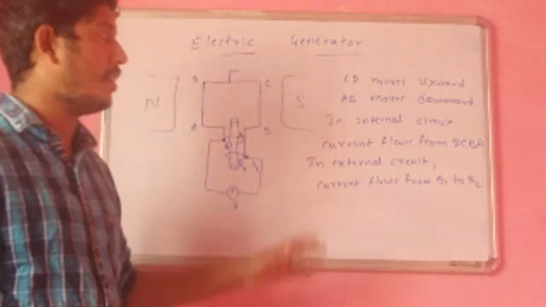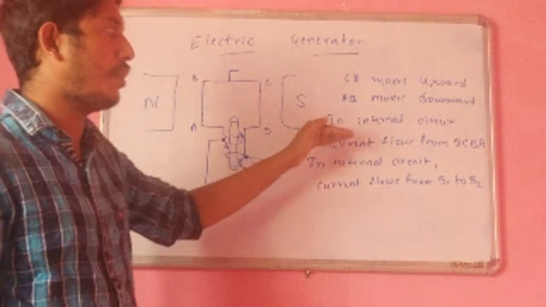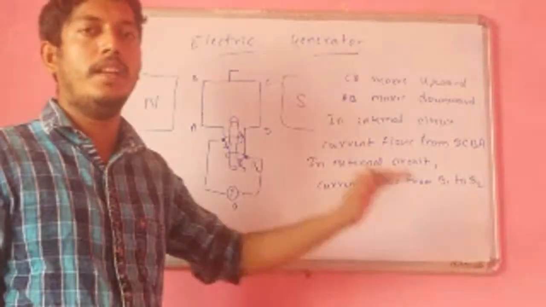So in the first case, the current flows in the internal circuit in the ABCD direction, and